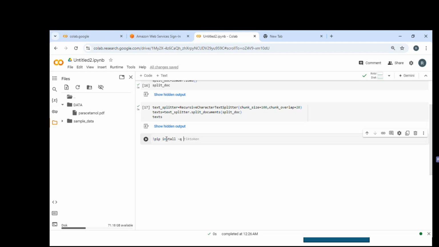sentence-transformers. You can just go ahead with -q, I like it because or else it is going to give a lot of output. Okay, I need sentence transformer. I've installed it, and now